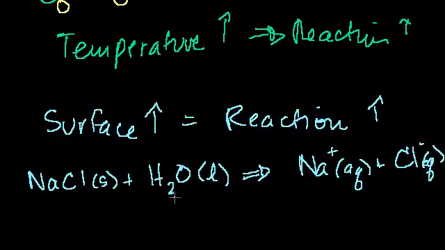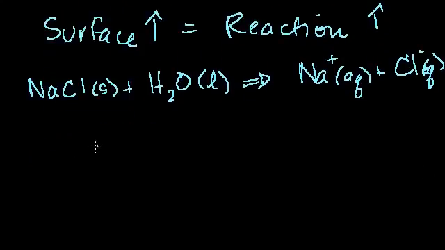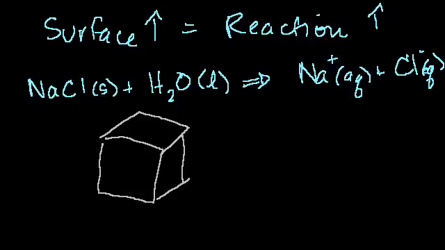So it gets dissolved. And how does that happen? If you have a big block of salt, I'll do salt in gray. If you have a big block of salt in there, so there's a bunch of sodium and chloride atoms in it, and you have water all around it,